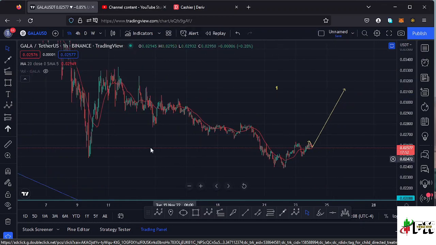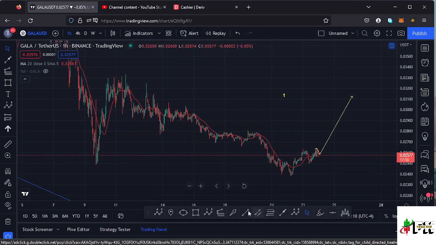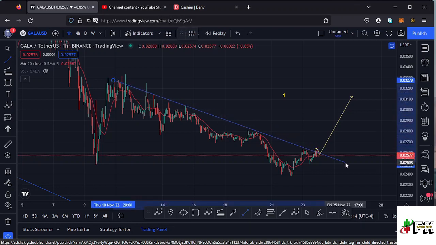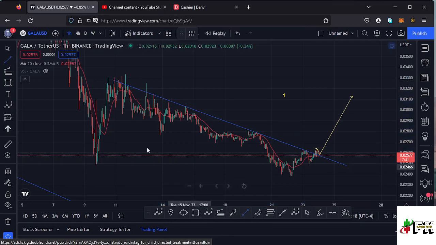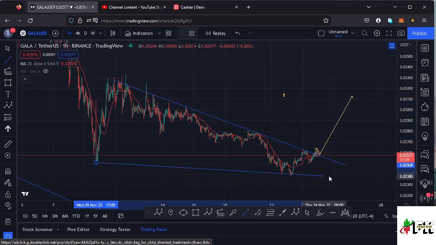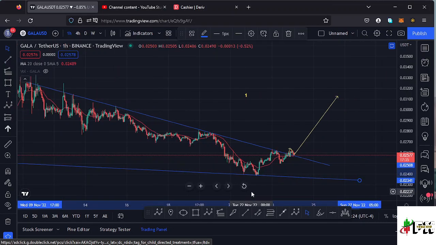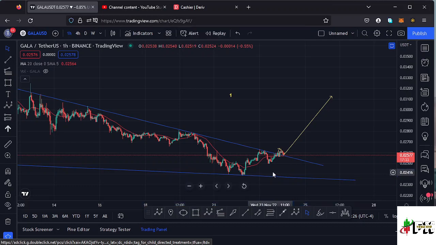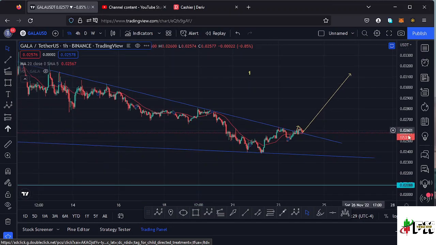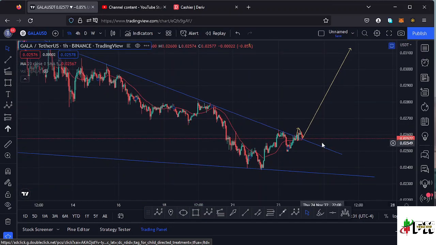The other one is a descending wedge, and if I draw it out, we can have this as the upper side of that wedge like that. Then the lower side is right here, and you can see we have continued pushing the price of Gala games to the apex of this wedge, and right now we are also seeing a breakout out of this chart pattern, which is a descending wedge, and this